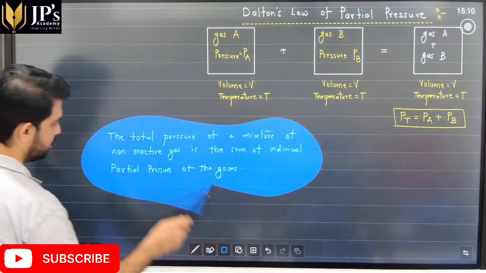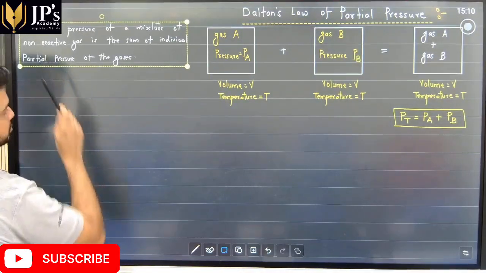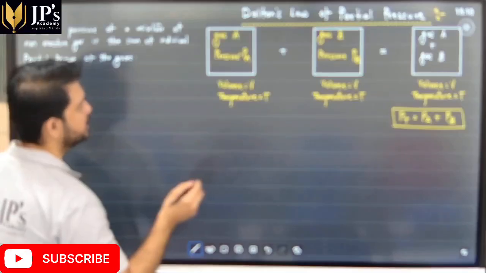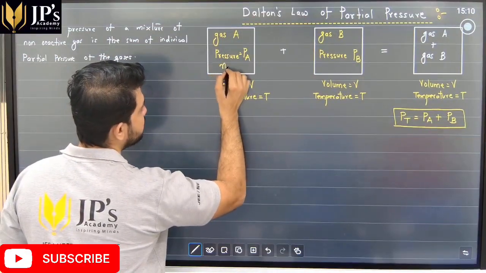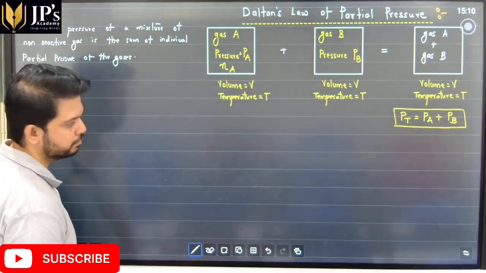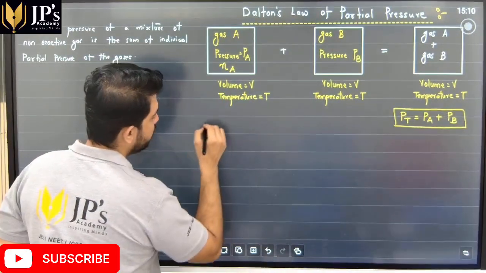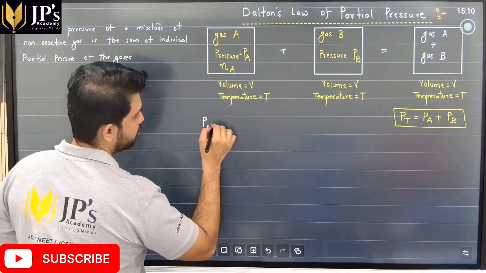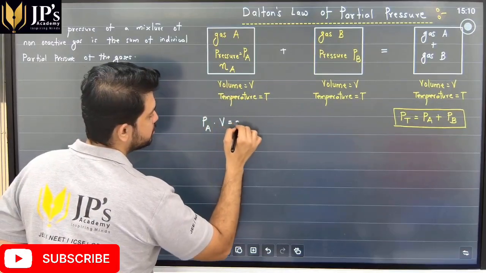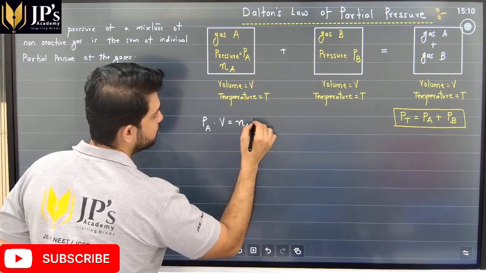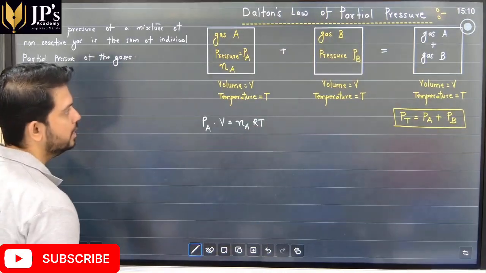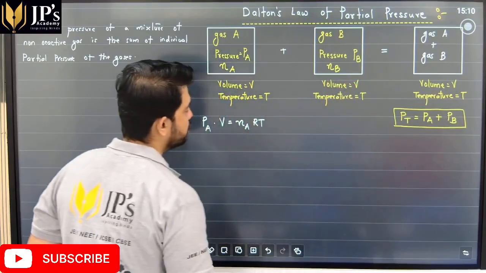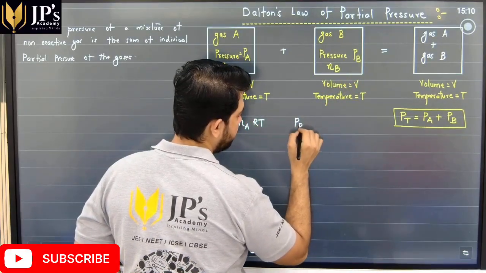If we apply the ideal gas law to the first container, let's say that in the first container we have Na number of moles of gas A. Then according to the ideal gas law, PV is equal to nRT. The pressure over here is PA, the volume of the container is V, the number of moles is Na, so PA V = Na R T. Similarly, let's say that in container B, the number of moles of gas B is Nb. So we can now write PB V is equal to